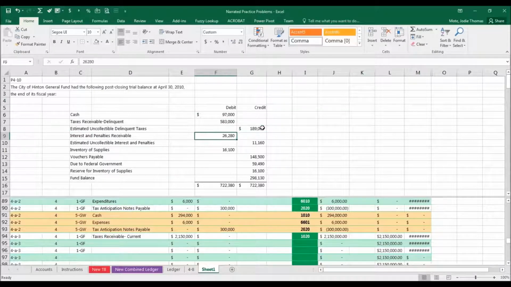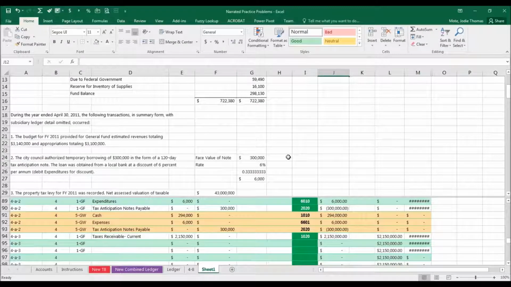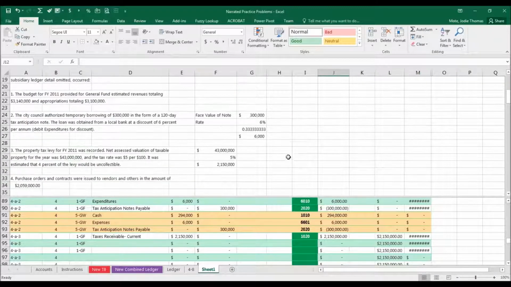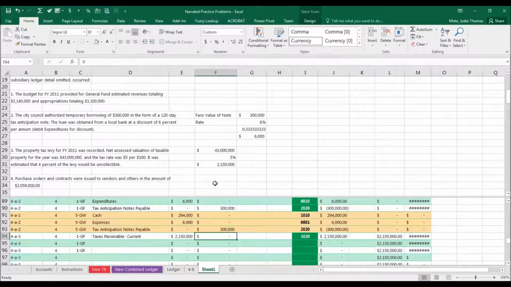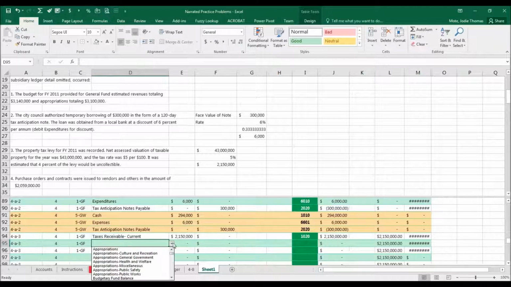And there'll also be an interest and penalties receivable, as well as uncollectible interest and penalties. You can see that estimated portion of that balance is pretty high there, which makes sense. If somebody's already delinquent, then the collection rate on their interest and penalties is probably not going to be too great. So anyway, we've got it here, taxes receivable current for that amount, and let's do our estimated